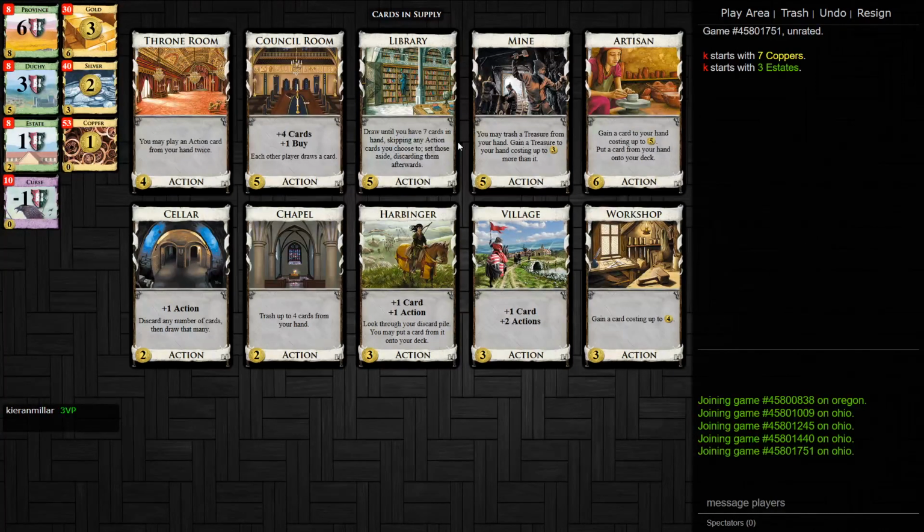What is Artisan even gaining here? You don't want too many of these, I guess. Like workshop to gain villages and throne room seems quite nice, but is throne room even so good here? What are you going to throne? There's not really many good cards to throne, honestly, because you could throne workshop, but that would just get you more throne rooms. It would be nice to have an artisan to gain a bunch of duchies towards the end, but how will we do? I think...